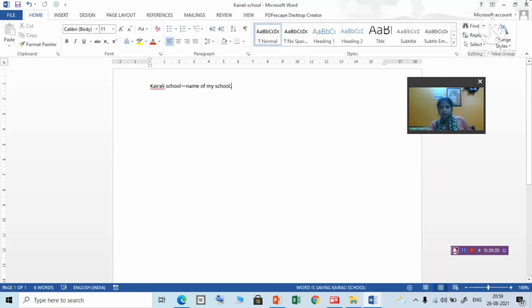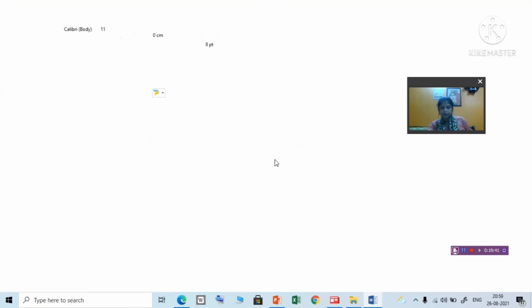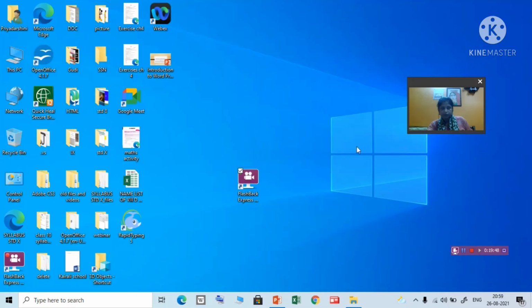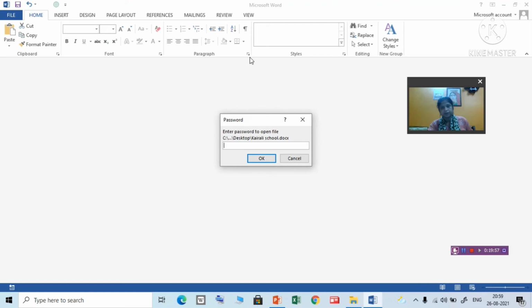Now I am closing this document. But when next time I open this document, you will find it is asking me for the password to open.